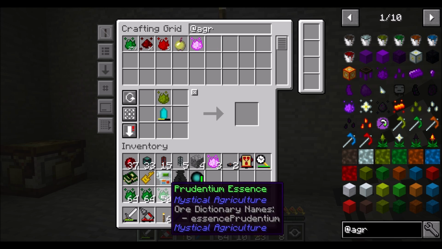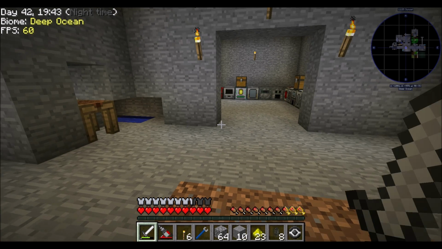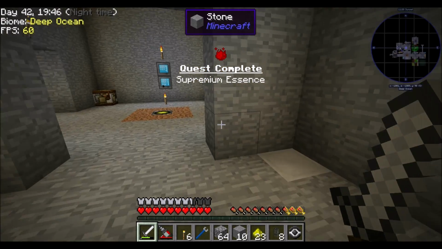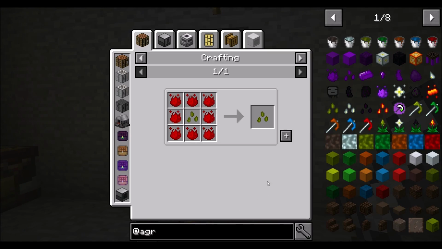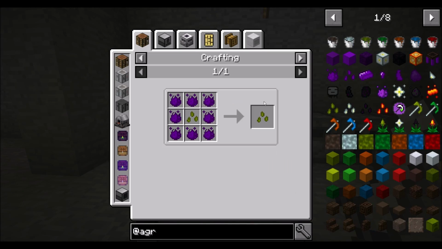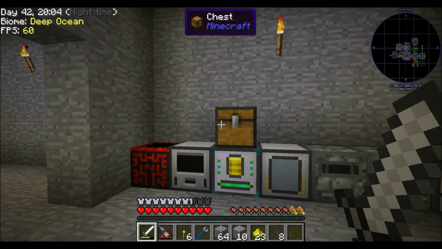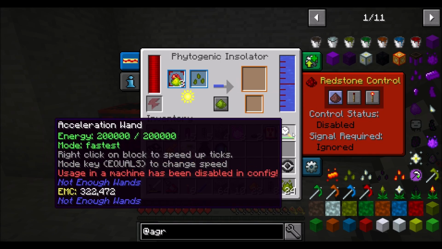So let's convert you guys all up. And then this. Because if I can, I would like to get nice supremium. So we'll put you guys away. Quest complete, Supremium Essence. Hooray! Tier 5 Inferium Seeds. That's what's up. So that will be even cooler. And that's where I'm going to stop because, like I said last episode, Tier 6 Inferium doesn't work in the Phytogenic Isolator, etc., etc. But this should wind up producing...